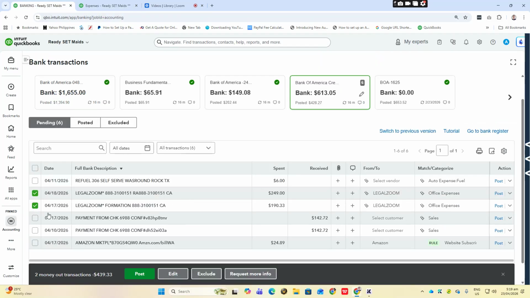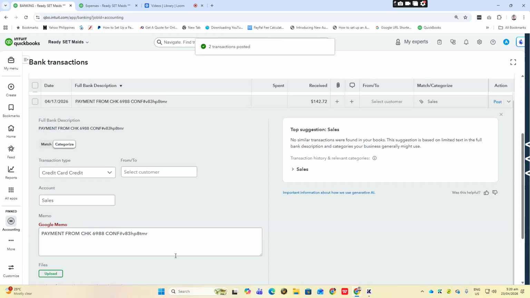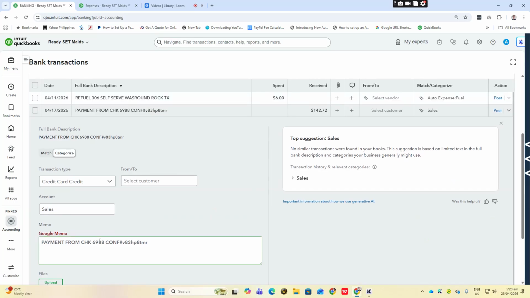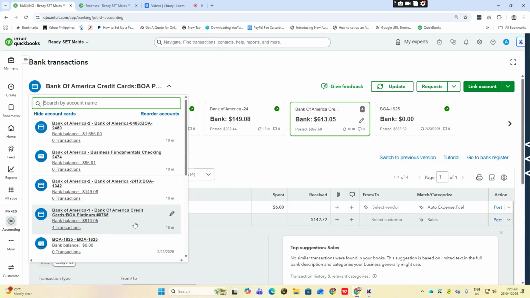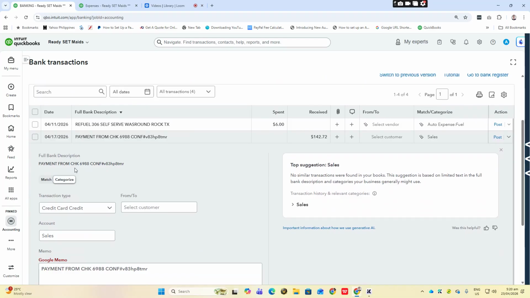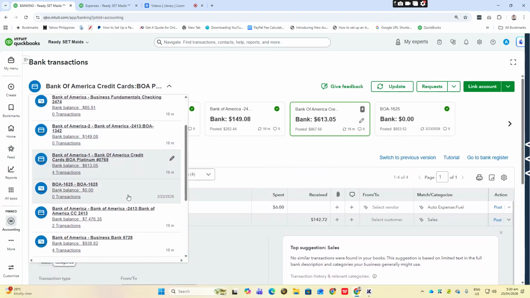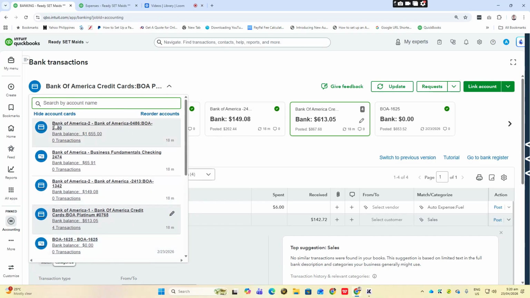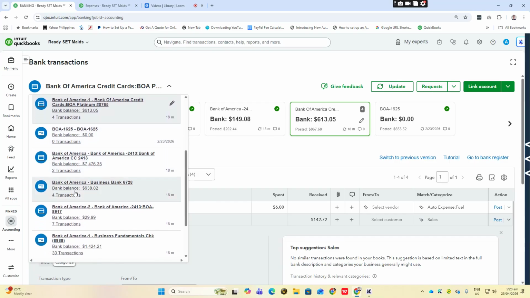Office expenses. And then this one, payment from 6988. If this is 0765 and it says here payment from check 6988, do we have 6988 here? 2450, 1342, 0765, 1625.